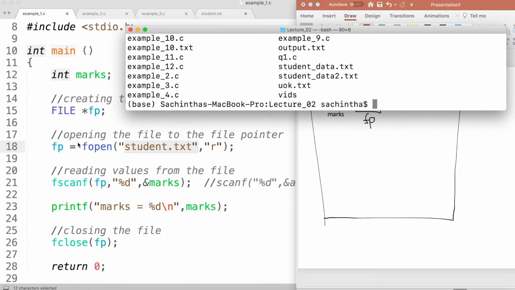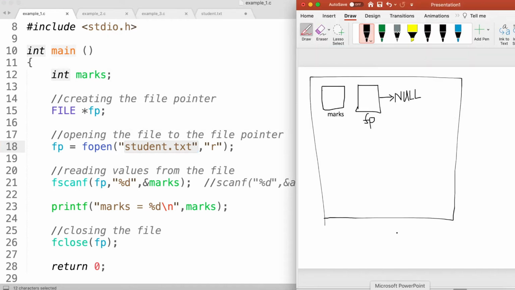After executing this statement, my fp file pointer remains a null file pointer, because there's no such file called student.txt in the current folder to open using the fopen command. So fopen is unable to find that file, and fp will still be assigned the null file pointer, right? That is how my memory looks even after executing the third statement in my program.